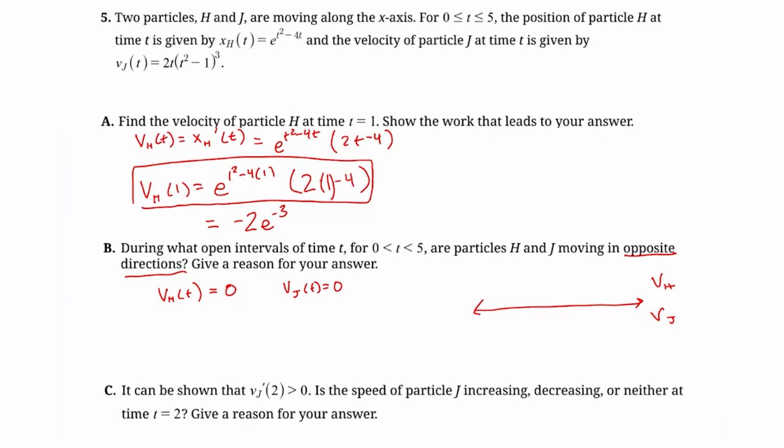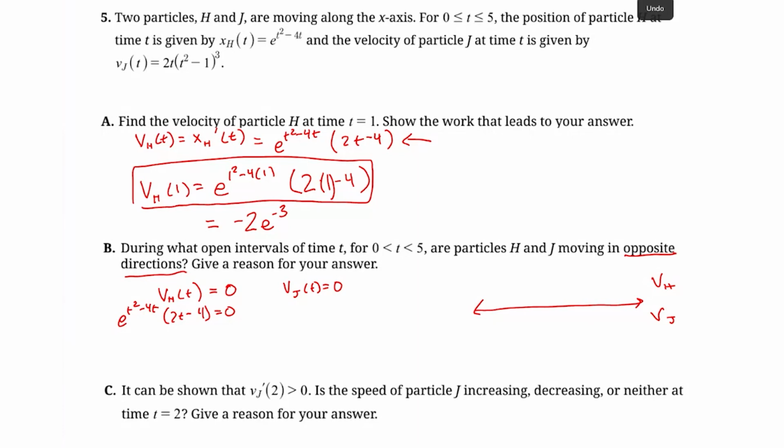Okay, we already came up with that equation up here, and so we want to know when this thing is equal to 0. In other words, when is e to the t squared minus 4t times 2t minus 4 equal to 0? Let's write that a little clearer. And this is already a factored expression, so we can use the zero product property to say,